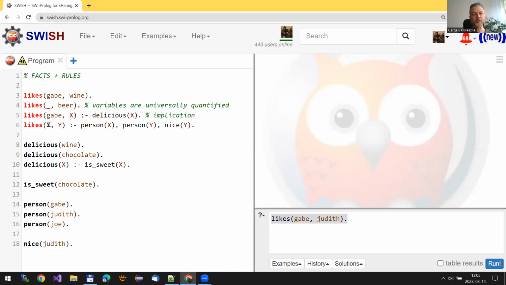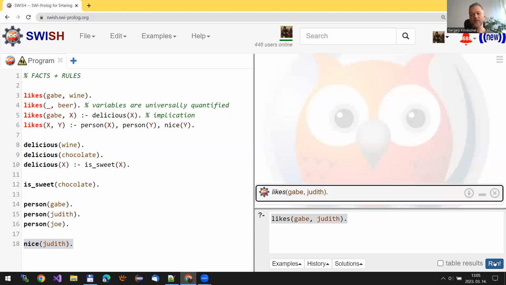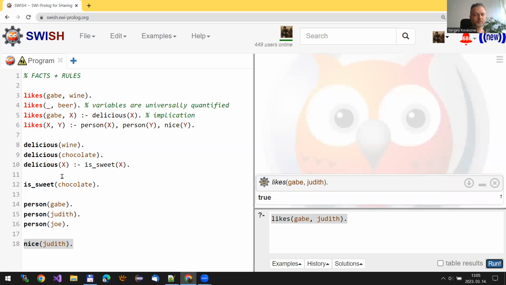So X is going to be substituted with Gabe, Y with Judith. Both of them are supposed to be persons, and actually this is the case because of those two facts. Also, Judith should be nice, and yeah, she is nice because I fixed this as a fact. So because all of those, the answer should be true in this case, and it is.